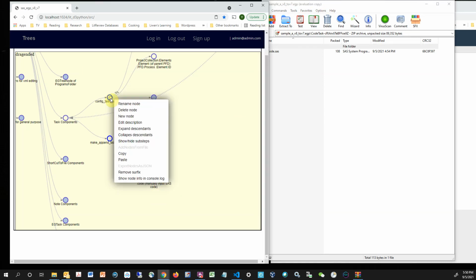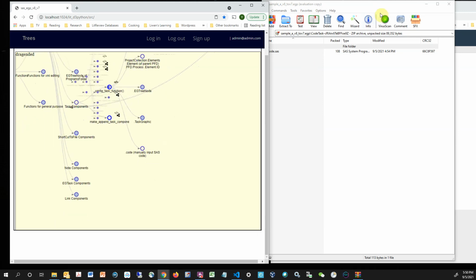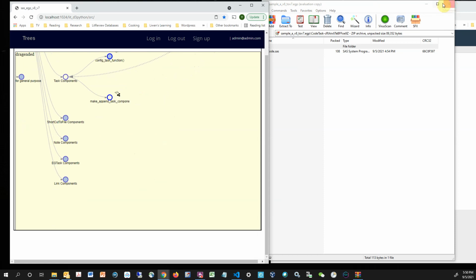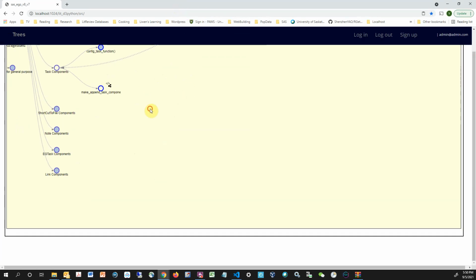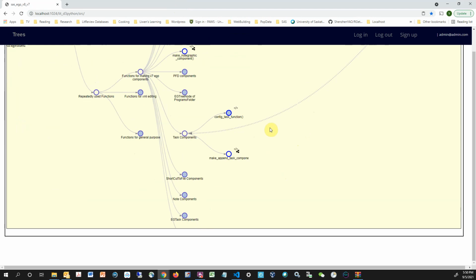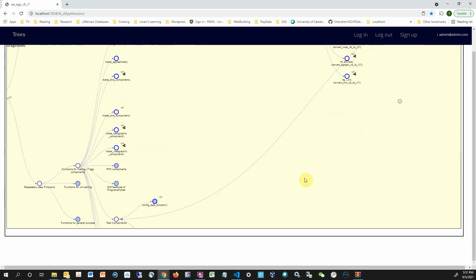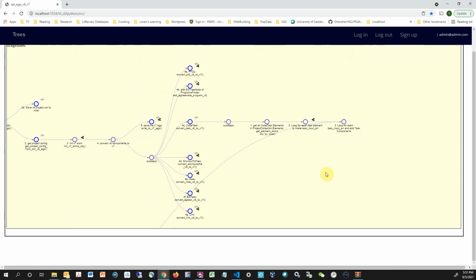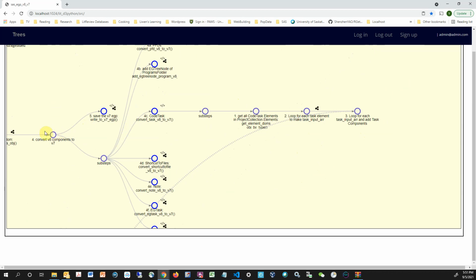First I'm going to collapse this section to make it easier to read, and I'm going to enlarge it. Okay, let's go back to this one. Remember we said for the task components there are two parts. The first is this configure task function. So we have to configure it. Let's go back a little bit again to recap the process. The process is that we're going to read from the version 8 file, and then we're going to have all the